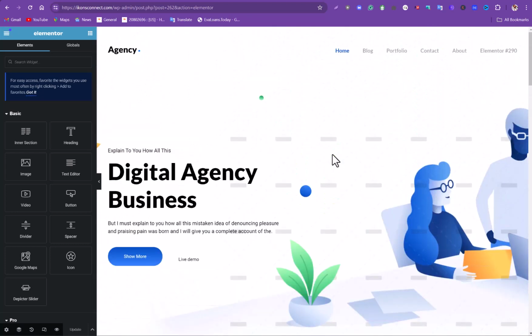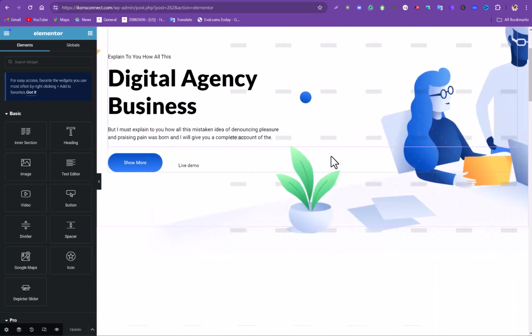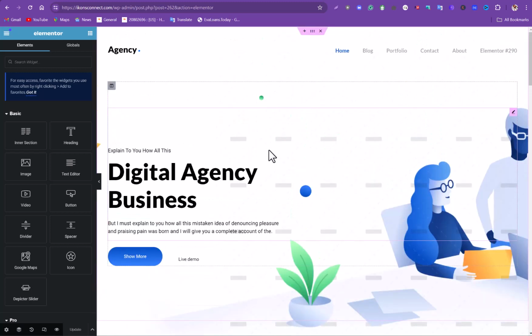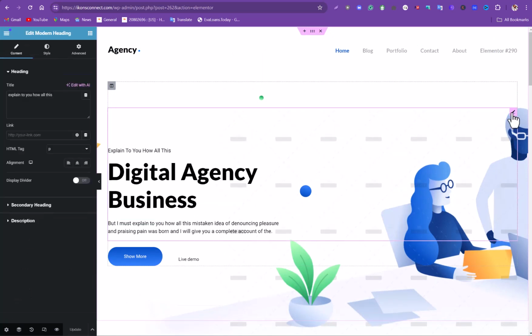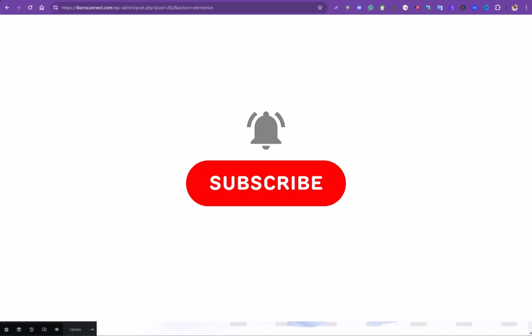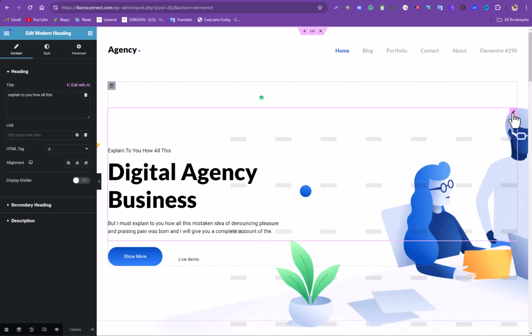So you can basically edit everything here. Once you click on anything, you go here and click on this pen. Once you click on this pen, it gives you the privilege to edit. So let me explain to you how all this works. Now, if you erase it and put something different,